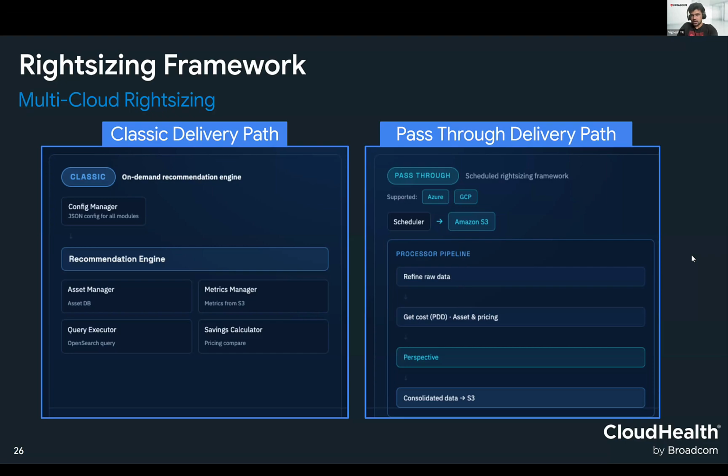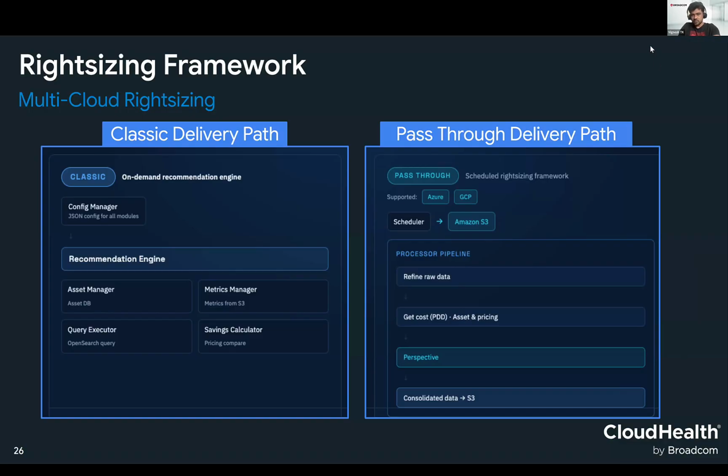Now once our recommendation starts, one other piece of information we need is what resources are being used currently. That's where our metric manager comes into the picture. Metric manager collects the actual throughput of the customers, like their current CPU, memory, disk, as well as all the network activity. We collect this, for example, through the Azure Monitor API for Azure. For AWS, we use CloudWatch metrics. If they have any external connector for the metrics, we collect from there as well.